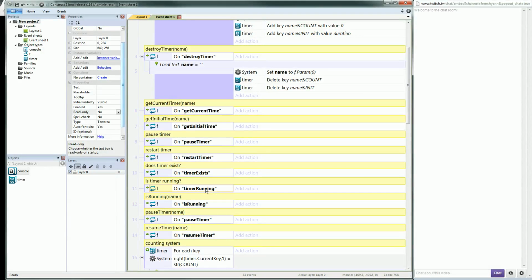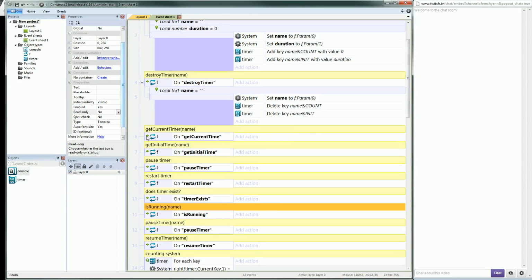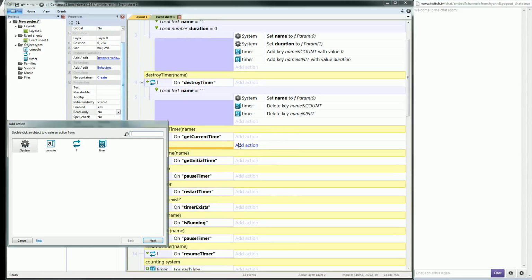It's the same. Okay, I did the same thing twice. Is running and timer running is the same ID. Alright, get current time. Super easy. You will get a name. You just have to return